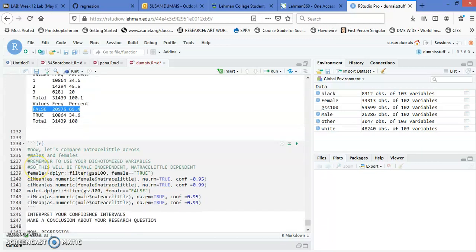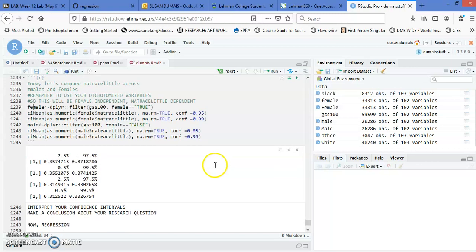The final thing we're going to do is compare the confidence intervals for males and females. And that's what this code here does. First, we're pulling up females and getting confidence intervals for the nat race little variable for them. And after that, we're going to pull out the males. So let's run this chunk. And so the first 2 confidence intervals that we get here are female responses, and the last 2 are male responses. And so if we were to interpret these,